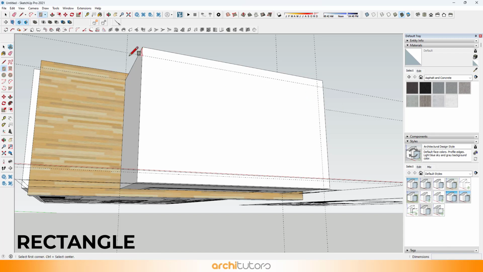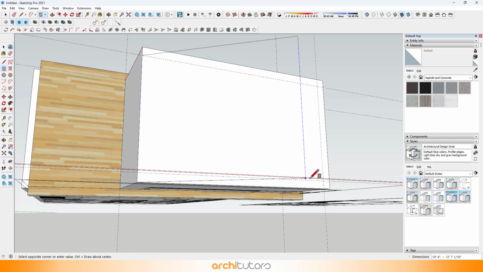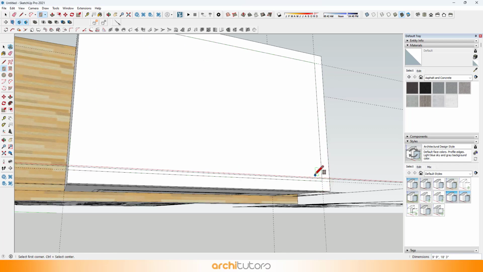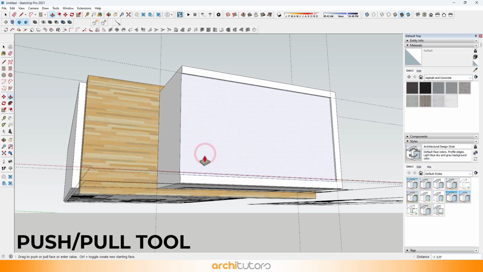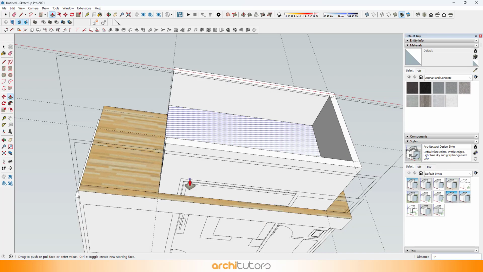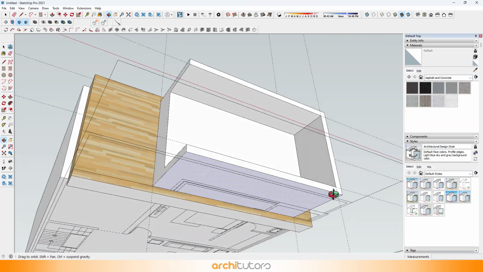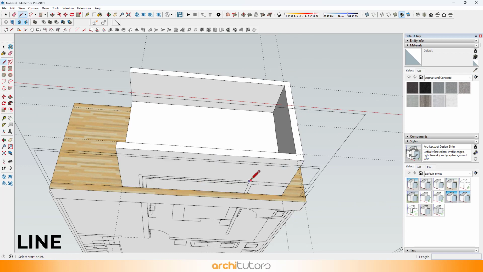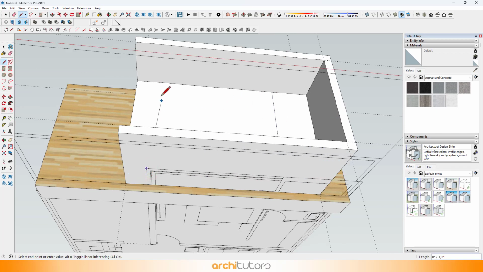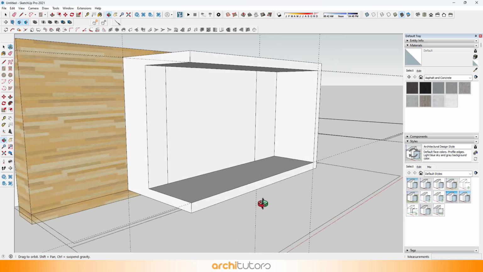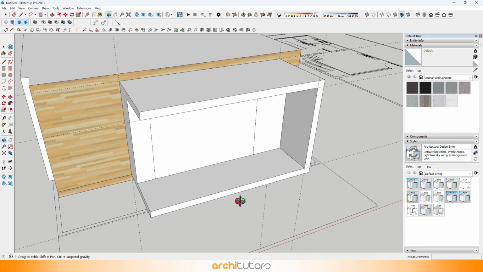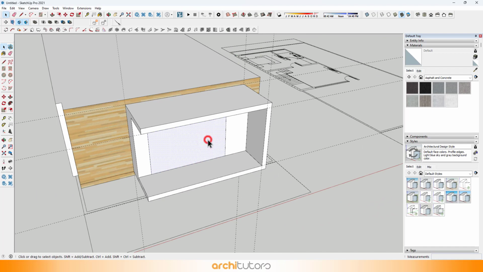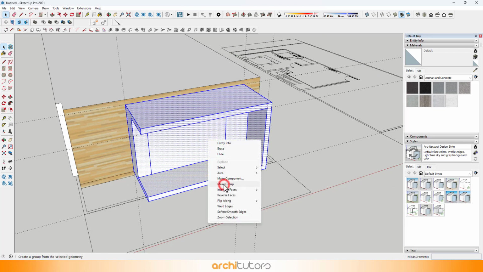I'll draw a rectangle on the surface and extrude it. Create a surface for the window and apply a material on the box.